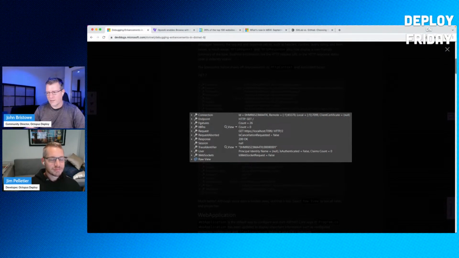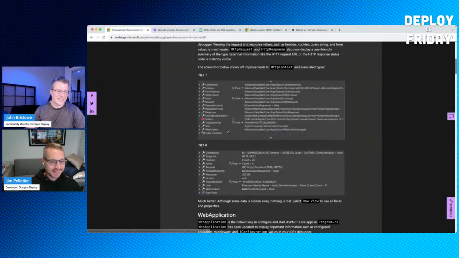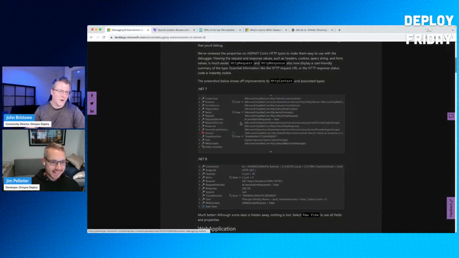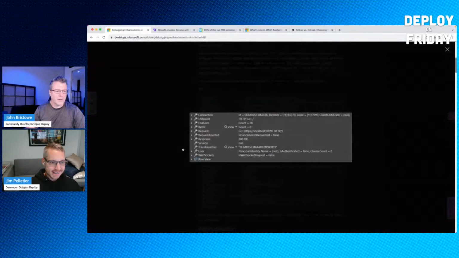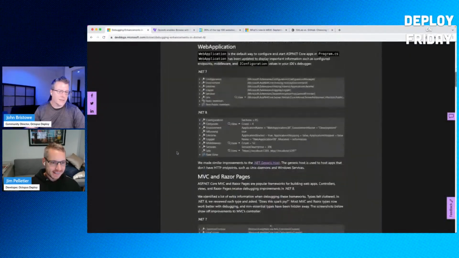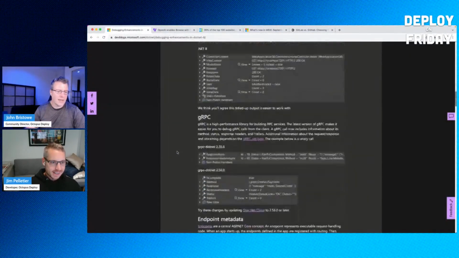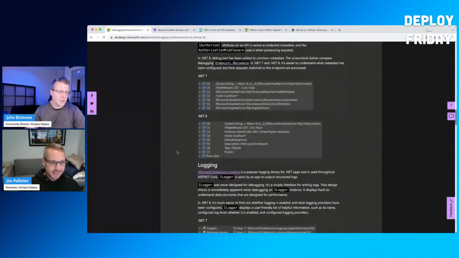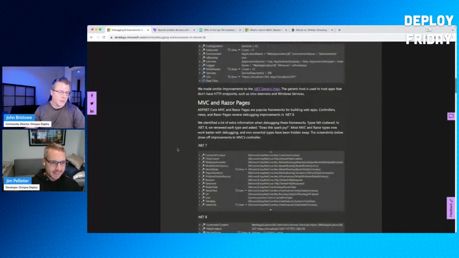And I think this is great. Tell me the news, not the weather, or do as I mean, not what I say. Yes, technically these are objects, but really what you want is this. And so throughout this article, James talks a lot about the stuff that you would typically target in .NET 8 and how debugging is getting better because of the changes made to each of those areas.